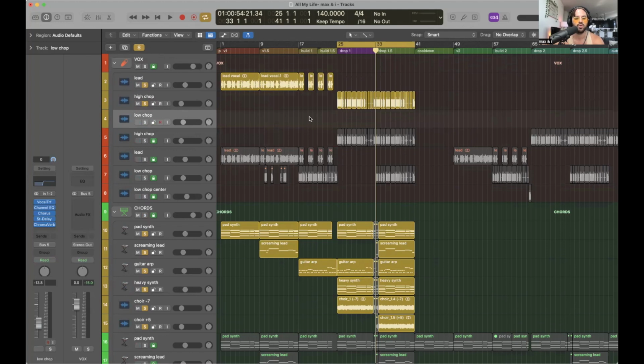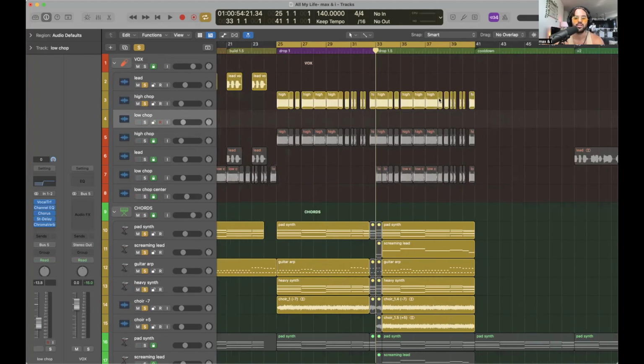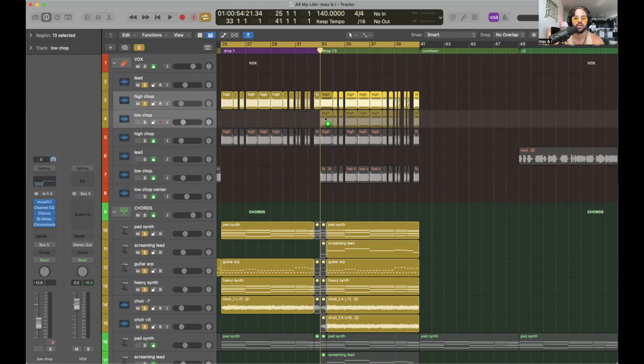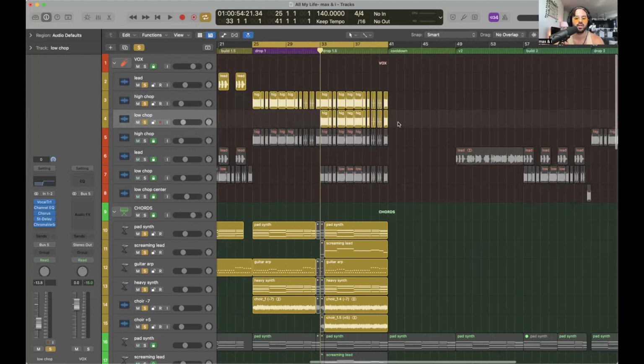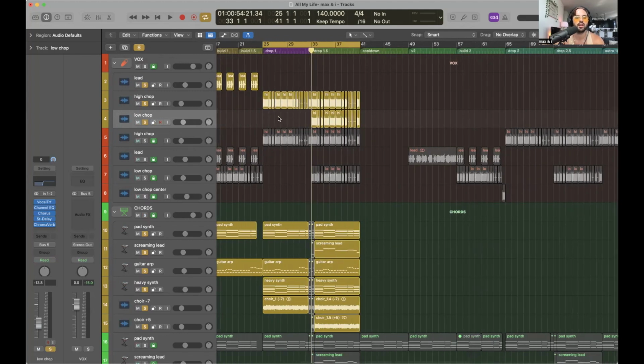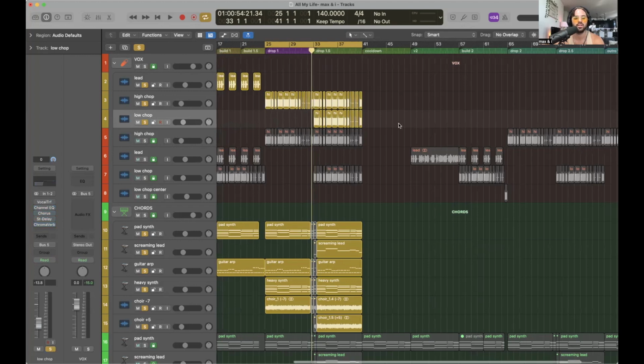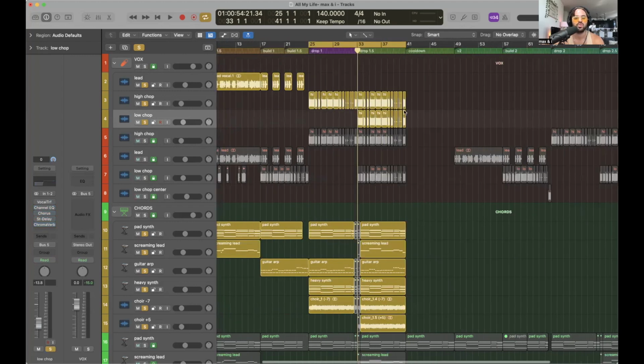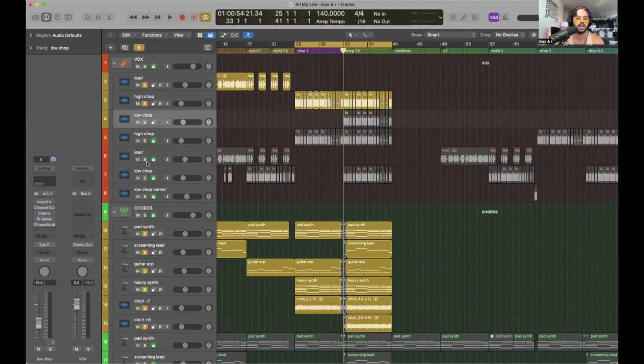So we got that painted gold. What we're going to do is go ahead, copy our high chop and just bring it down to our low chop channel. So now we have this in here. So the way this is going to come about is we're going to mess around with the plugin settings again. So in order to get it to sound like this,